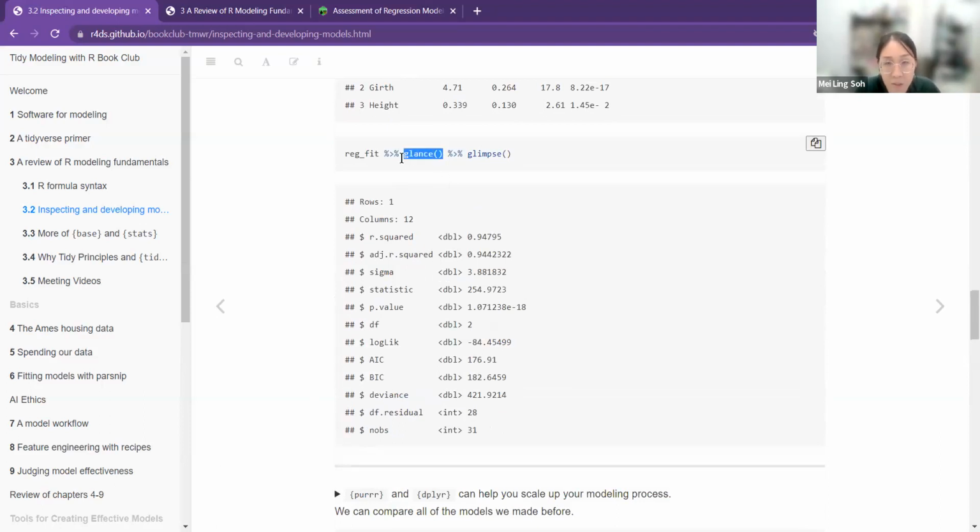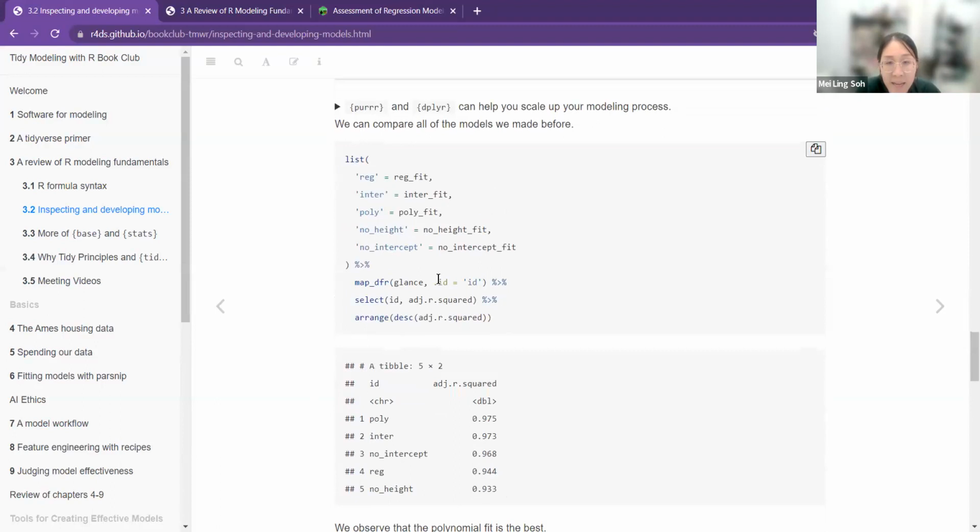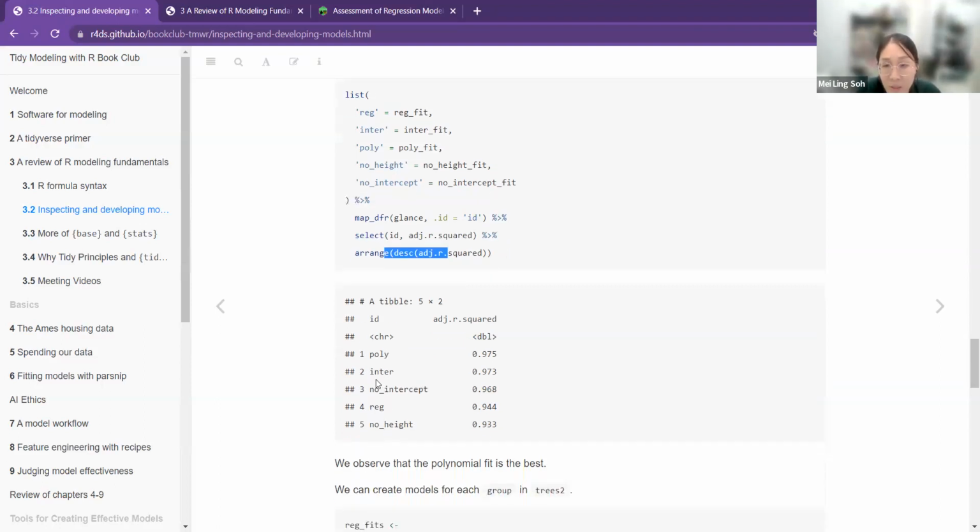So it's similar to this function. And then the ID is just based on the ID here. Okay, and then what they want is you just want the adjusted R-square for the model. So then obviously I arrange it from highest to lowest. So it seems that the best model so far is the polynomial one